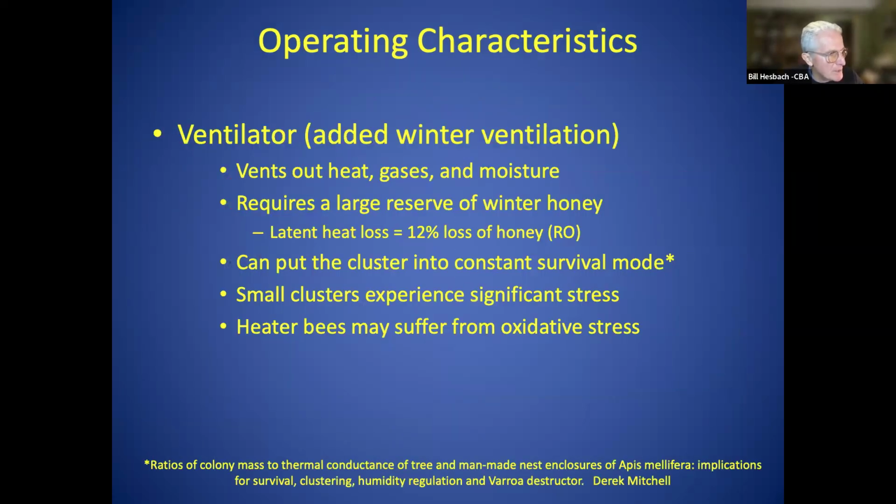All right, we talked about all of this, except the data on what occurs in terms of the latent heat loss. It requires about 12% of the honey that bees have collected during the winter for survival. So just that one little thing that you might think is insignificant, the fact that vapor goes to liquid and gives off heat, if you ventilate that out, you lose about 12% of the honey that the bees have stored. And then ventilating will put the colony in constant survival mode,